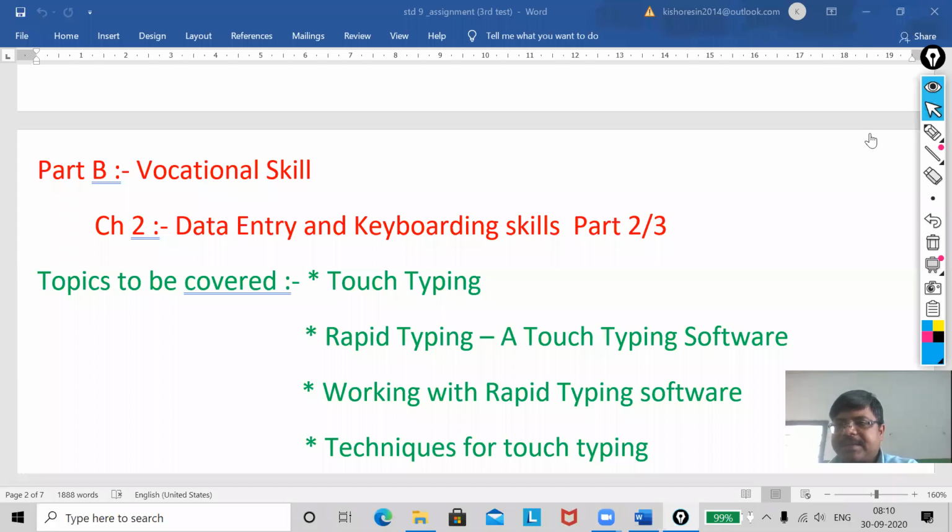First one is touch typing. Next one, rapid typing, a touch typing software. Next, working with rapid typing software, and the last one, techniques for touch typing. These all topics I will cover, my dear, in this class.